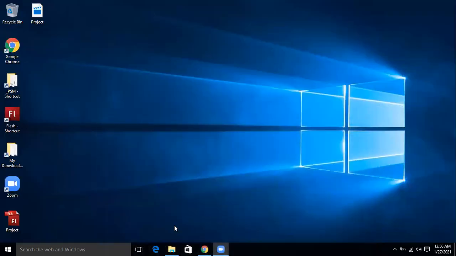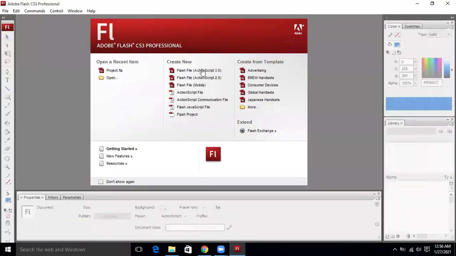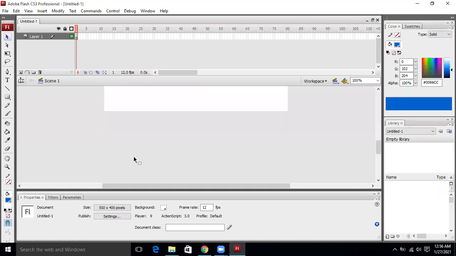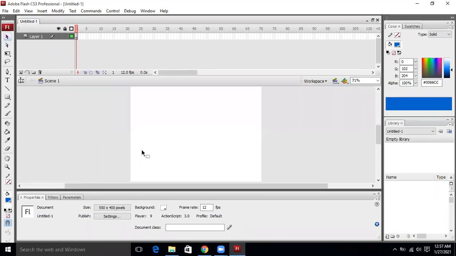But first, let me show you the example of the Flash banner. How to create a web banner. Now go to the Flash ActionScript 3. Normally when we create a website, the stage size is not equal to this stage size. If you want to take this stage size, it's up to you. But normally the stage is horizontal in the Flash animations of a website.